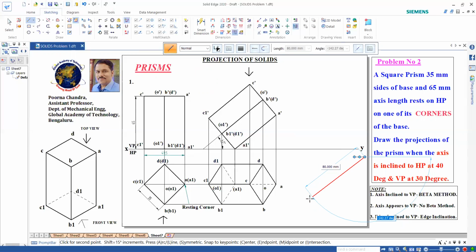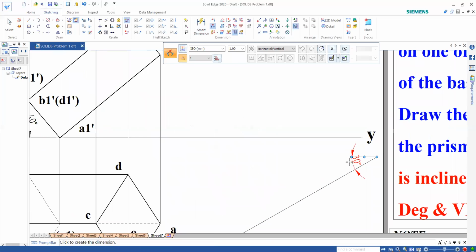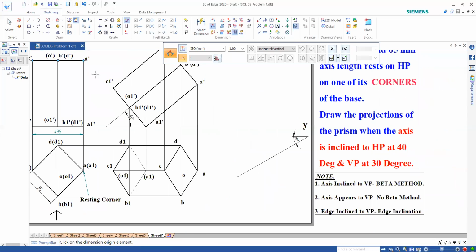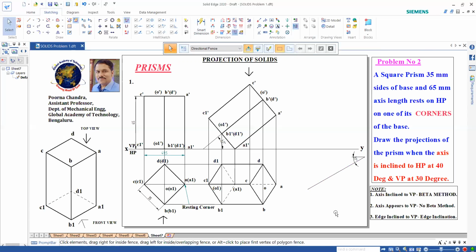I want this angle to be 30 degrees, so I can take 180 plus 30, okay, 180 plus 30 degrees. If I take that, I get the complete angle. Now you can check the angle we have drawn here. See, it's 30 degrees. It is better to confirm the angles before starting the problem.